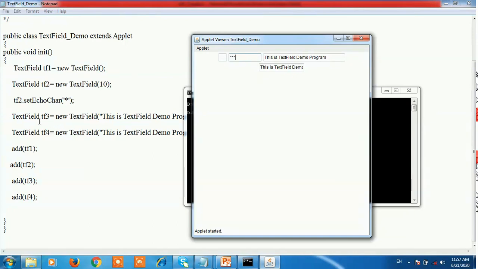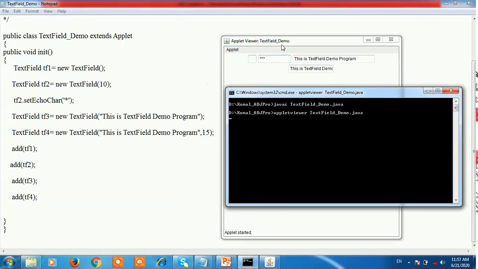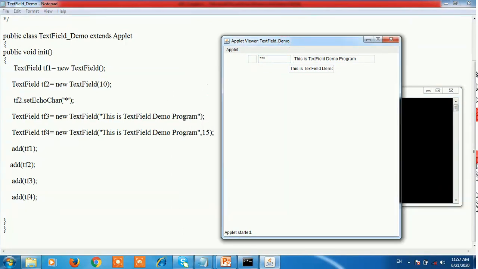Then the next, text field 3, in that we pass a string. This is text field demo program, which is displayed in text field 3. And in the last, text field 4, we assign two parameters.